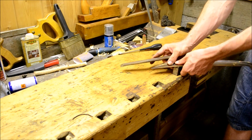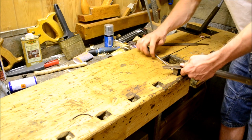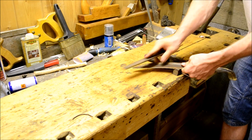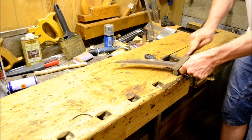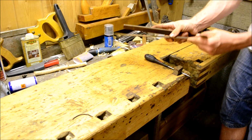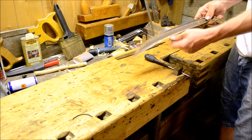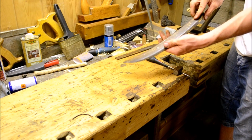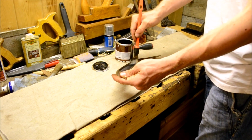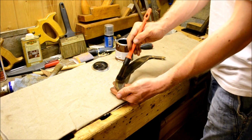edge itself, using a file here, just using the angles given to me by the clever gods of scythe making, who decided to raise that lip on the back edge, similar to a straight razor, I guess. Just little bits of smartness. So you can see the one side of the scythe is flat, where it will rest on the grass, and the other is raised. If you lay your stone or your file flat, it will just make contact points on the edge itself and the spine, giving you a nice